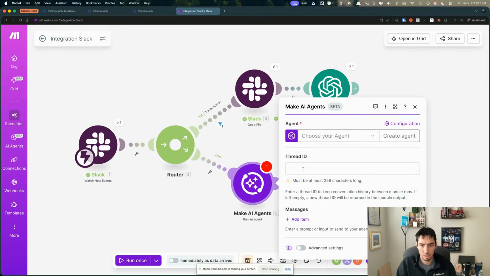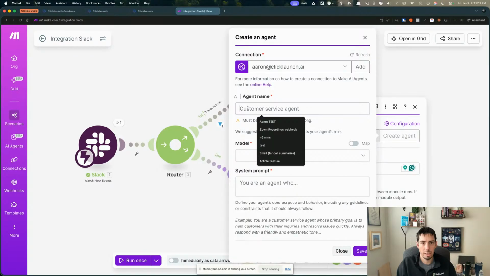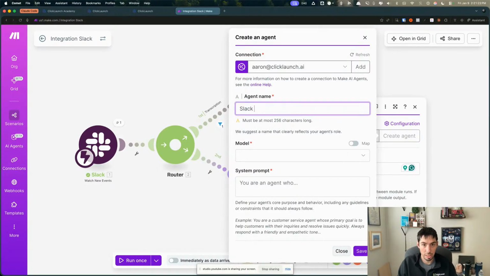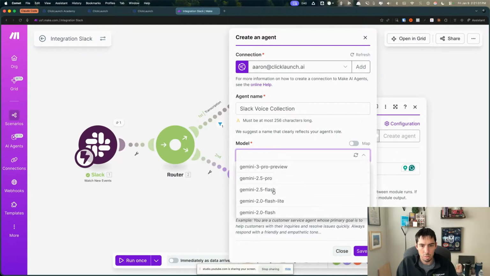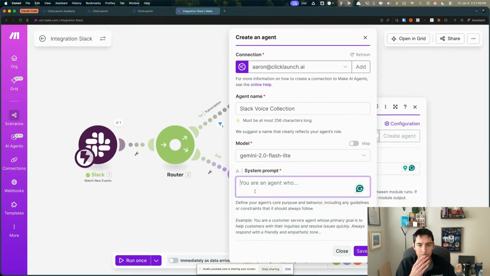And this one, okay, so first we need to build an agent. I think we can do it right from here. Okay, cool. So there's my connection and agent name. We're going to say Slack voice collection, something like that. Which model? Oh, they only have Gemini. Okay. For this I'm just going to do Flash Lite for now. I can look up the pricing to see which ones are better, because it's going to be a simple one. Now, oh yeah, we've got to define this. So the system prompt will be